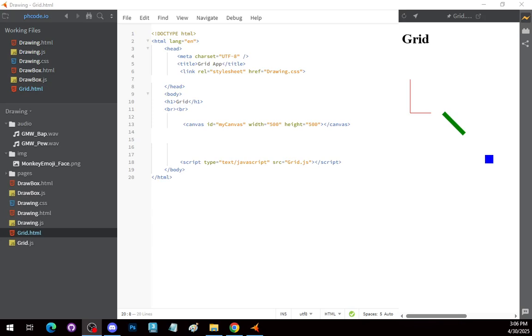All right, so the goal of today's lecture, basically, I'm going to go over tactics of how to draw the grid. Now, I've actually gone up on the board and I've drawn out a little bit of ideas of what's going on. Let me just bring up Paint just quickly. The idea